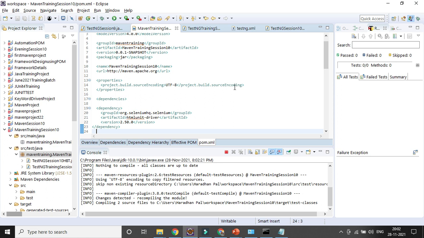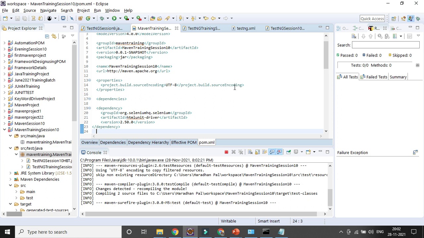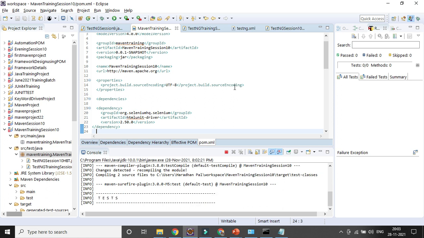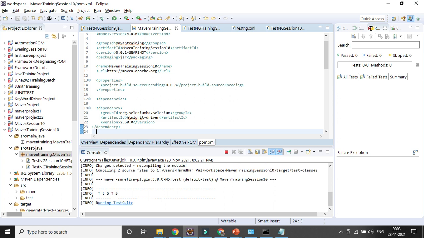So headless browser is what, right? With the help of HTML unit driver, it will do everything, but you will not be able to see the GUI execution, right? So that is the concept I already covered in session 7, headless browser testing. In case your operating system does not have any browser installed, you can still go with the headless browser, right? So no browser will be opening, but you can still see the desired result, and it will definitely speed up your execution, right.